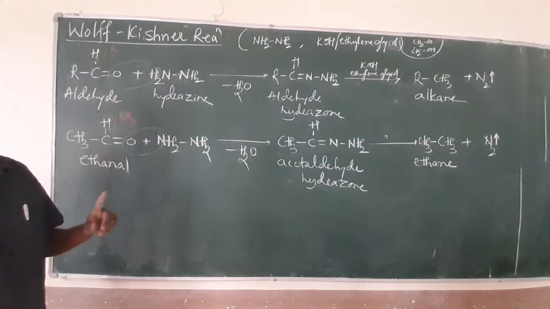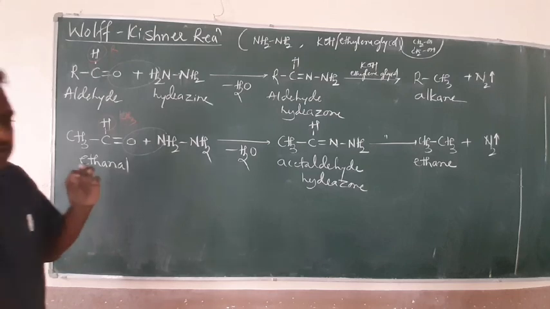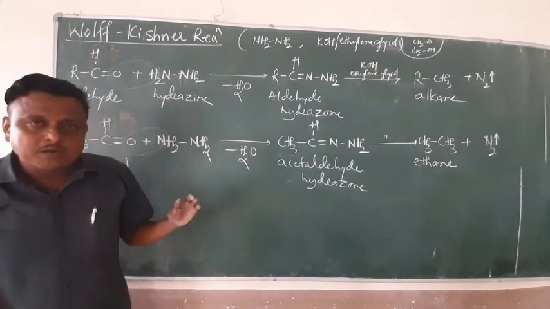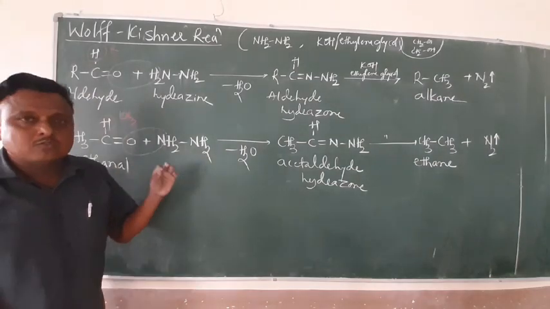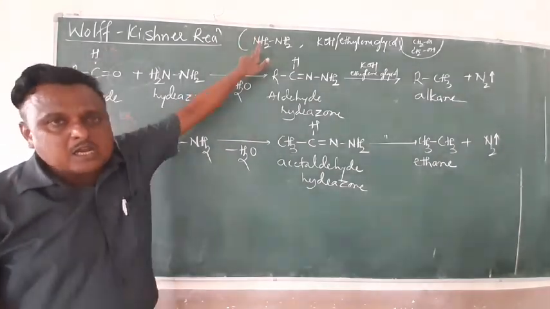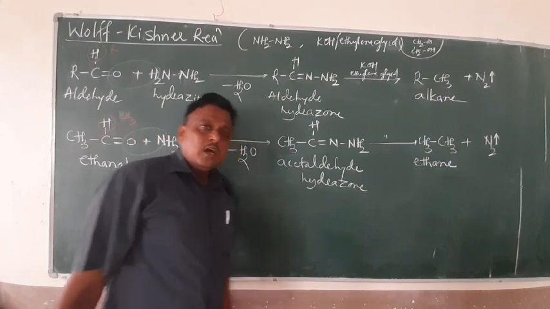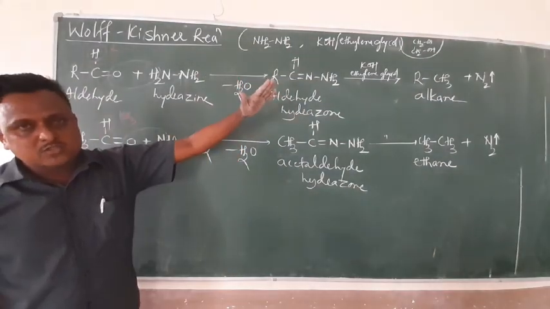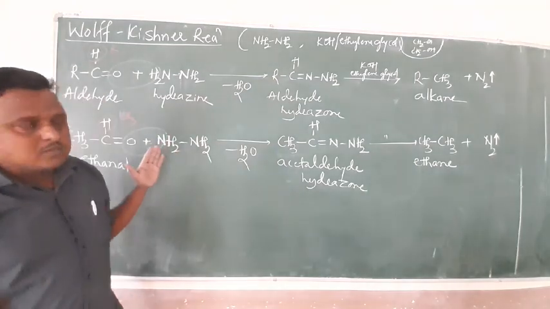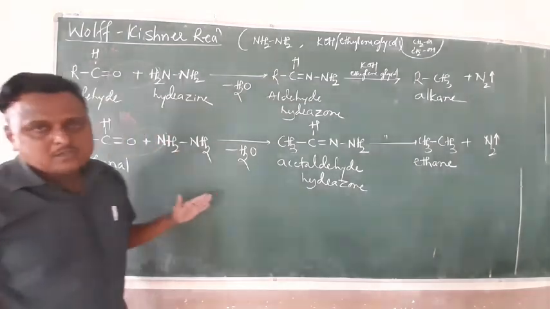Just recall, friends, in Clemmensen's reduction we use the reducing agent zinc amalgam with concentrated HCl. In Wolff-Kishner, first it undergoes condensation with hydrazine and then reaction with alkaline ethylene glycol. Both reactions give us alkanes. Keep practicing these two naming reactions, and in the next video,